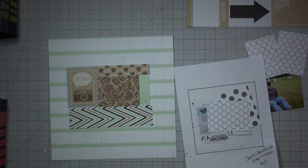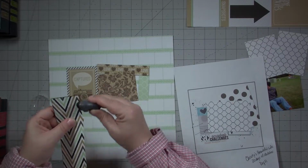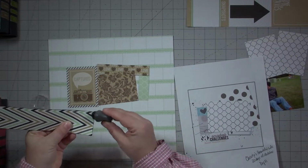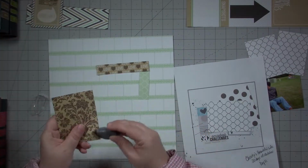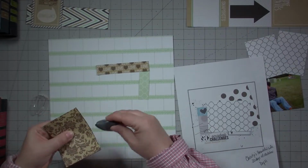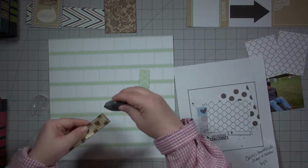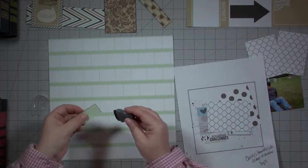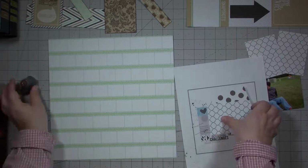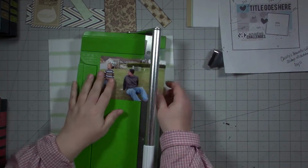So I'm happy now with my background papers, and I think I'm going to go ahead and paste them down. Oh, before that, I'm going to ink them all with some brown ink just to give them a little bit of definition. And I'm using one of those Prima chalk ink edgers. I love them. I'm glad I found them in my stash because I really enjoy using them to edge papers. I think they work a lot better, especially if you're just inking the very edge and you don't want that to go in very far. I find them to be very helpful. And like I said in another video, I don't know if they sell them anymore, but